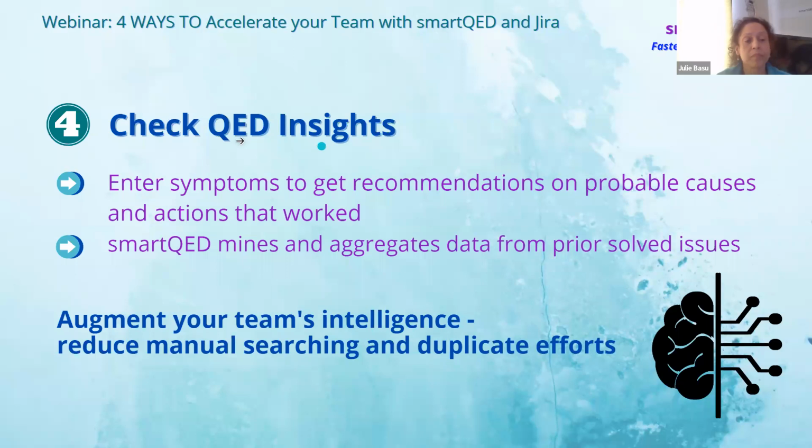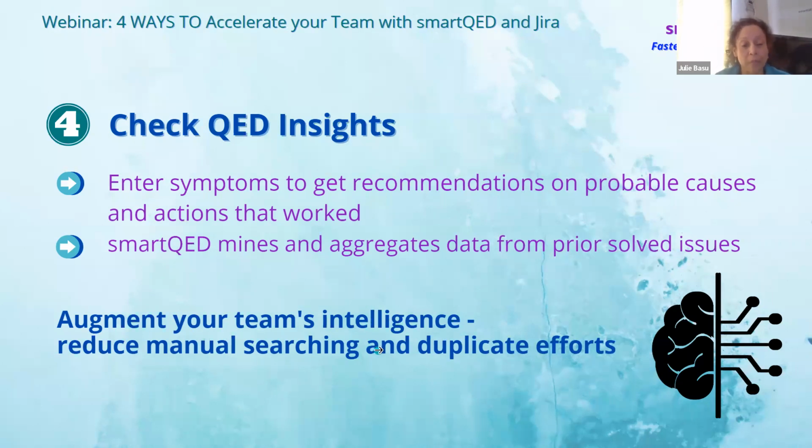power of AI. So what smartQED does is mine and aggregate data from prior solved issues, right? So you already have solved 10 issues with the database login failed. Can the machine help me with that analysis? I don't want to sit and mine and search and aggregate that data in my head. So it turns out the smartQED recommendation engine can do it very easily for us, and lets you augment your team's